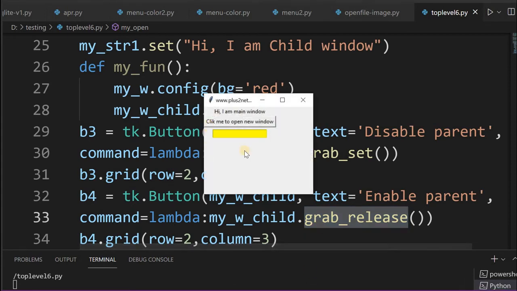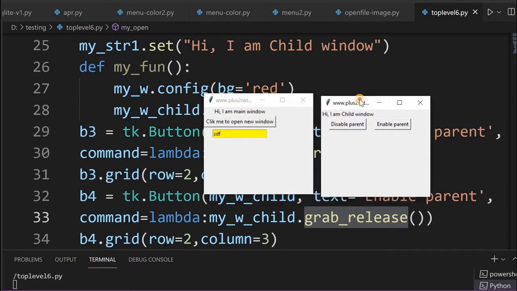So yeah, this is opened. This is our parent window. When the parent window is open, I can work in it. I just entered some data here. Now click me to open. Now this is the child window which is open. I'm just bringing it to the side. Still I can work on the parent window which I want to disable. Now I will click this disable parent. Now this is no more available. I am clicking on that text box, but it is not available. I can't enter anything. I can work on my child window only.